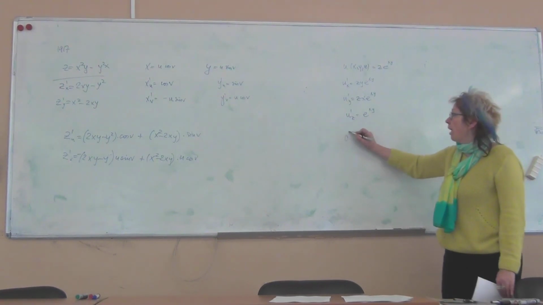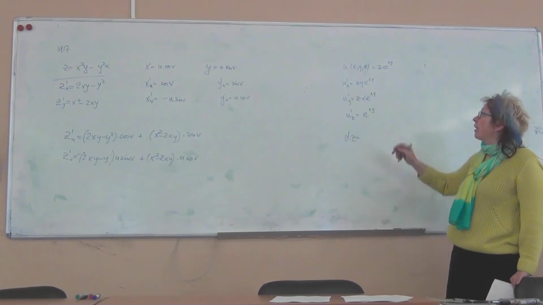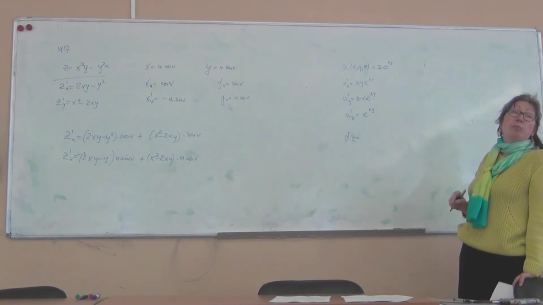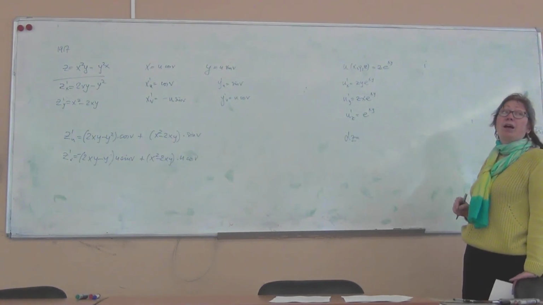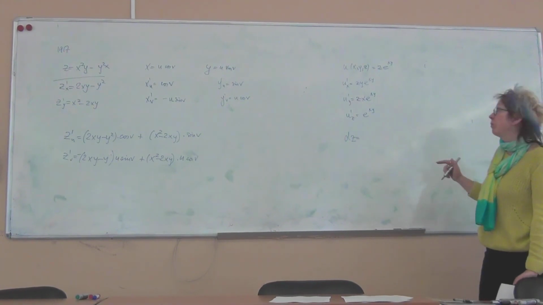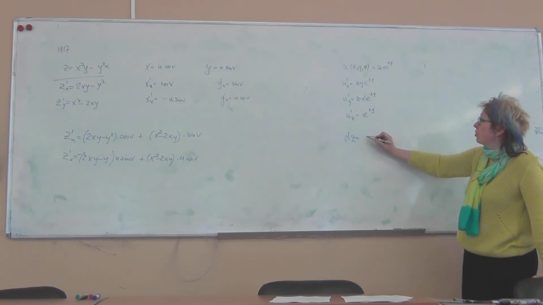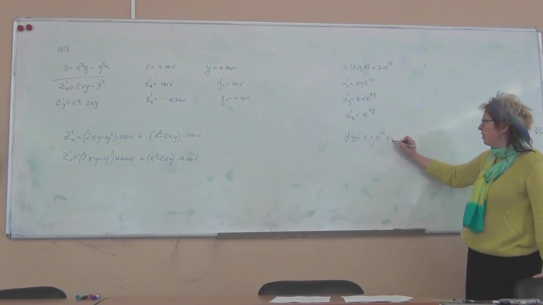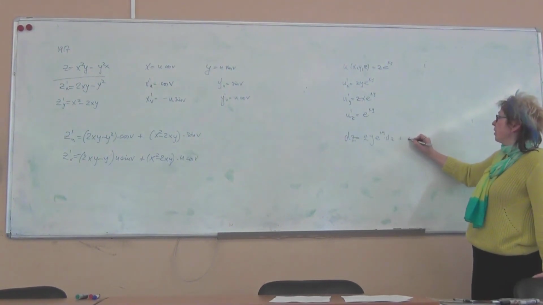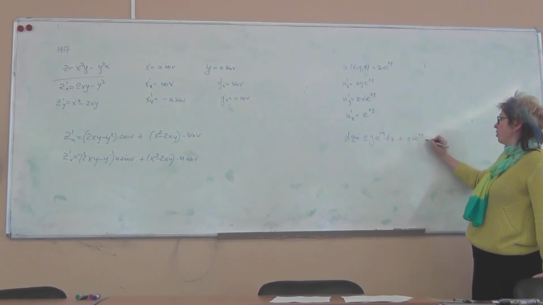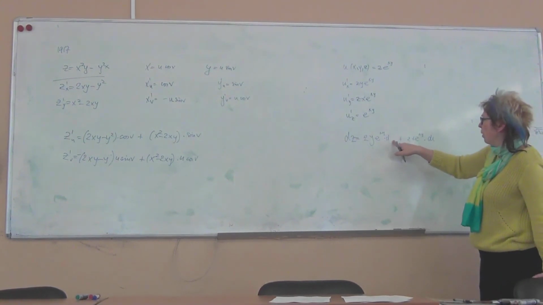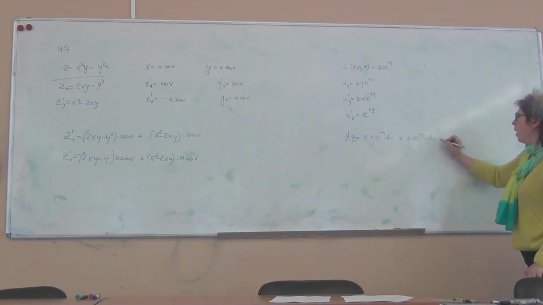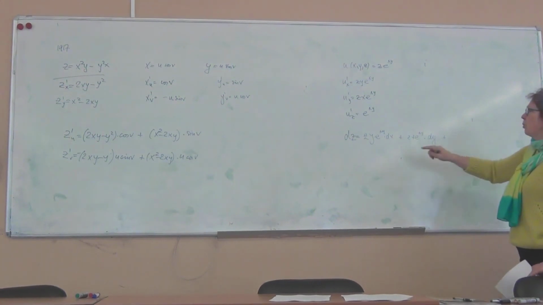And to write the exact differential, I have to take these and multiply by the corresponding differentials of the independent variables. So it will be z y e to the power xy times dx plus zx e to the power xy times dy, plus